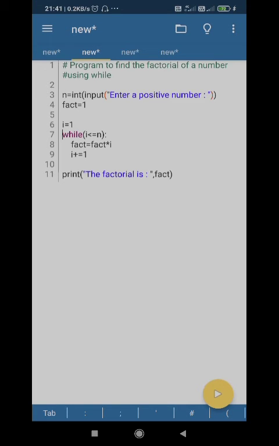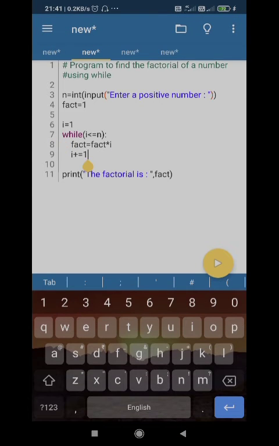I will get incremented to 5. Okay, 5. 5 is less than or equal to 5. This is the last true statement. After that it will be false. 5 is less than or equal to 5. True. So once again this loop body will get executed. That means 24 into 5 is 120. So the new value for fact is 120.